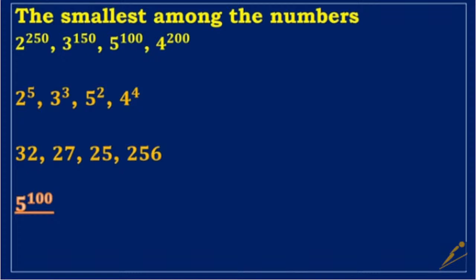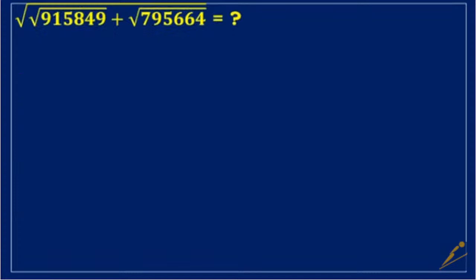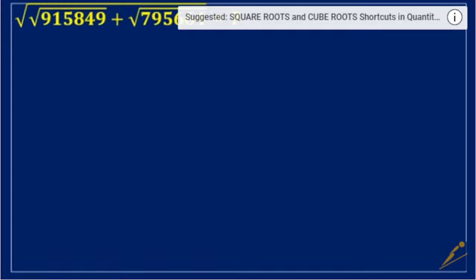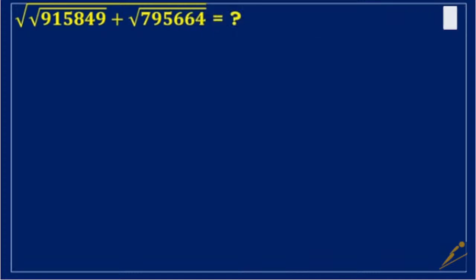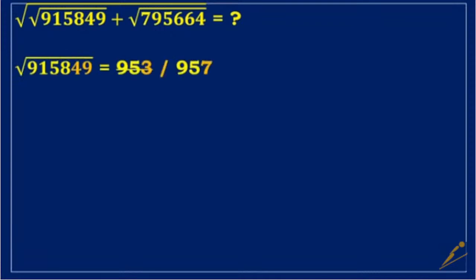Let us now look at some additional examples. Find the square root of the square root of 915,849 plus the square root of 795,664. As was covered in the Speed Maths 2 video, it is simple and smart to find the square root